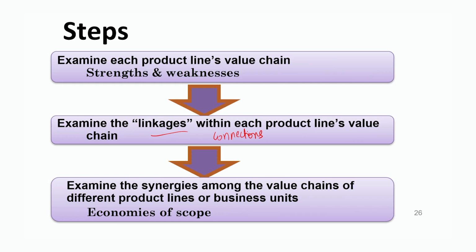You need to identify that what are those point of commonality, and then you are required to examine the synergy so that you can achieve economies of scope. So as I said, I am into 2 products, garments and footwears. So I can sell both the products at same outlet. If I will be doing it separately, my overall cost of production would be higher. But if I am sharing certain costs, my overall cost of production will go down. That is what is known as economies of scope. Economies of scope means your joint cost of production will be less than cost of individual production.